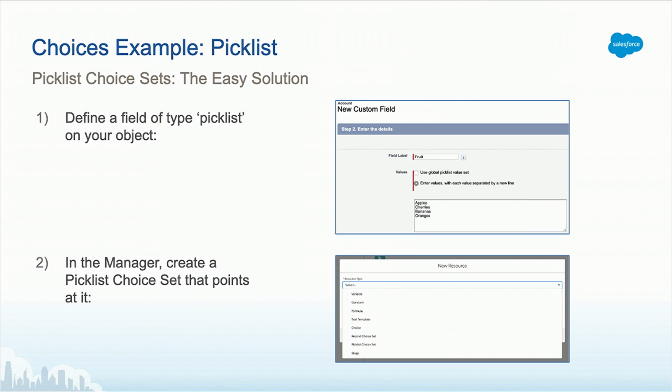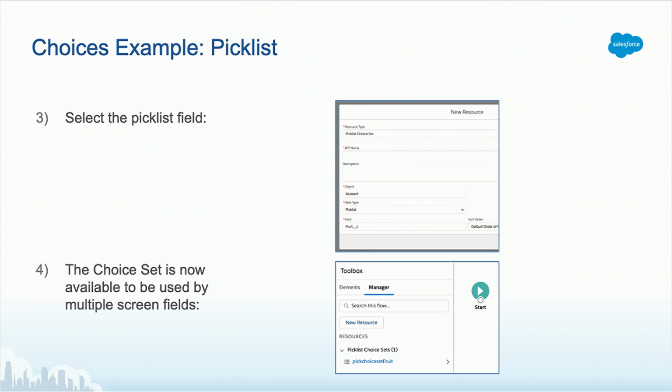That's a standard field you can add to any object. You can see that I've created a simple one here with string values. And then in the manager, I create a picklist choice set. And that is right there. And then you can take the picklist field